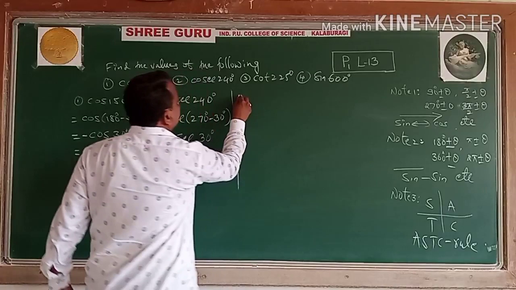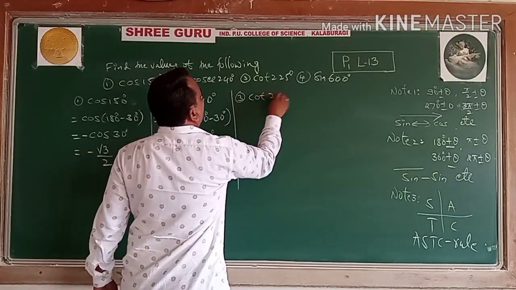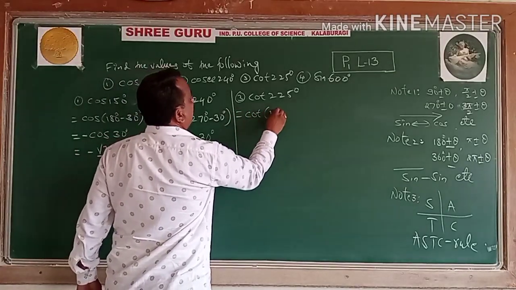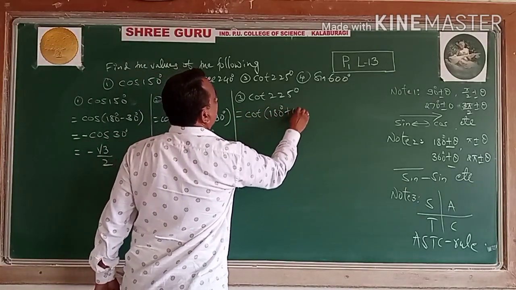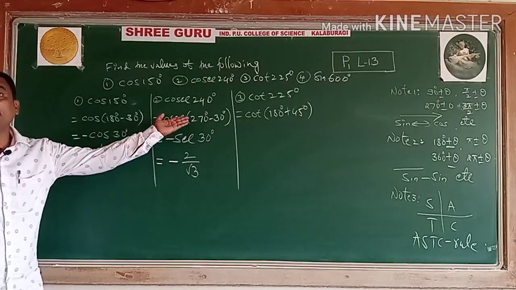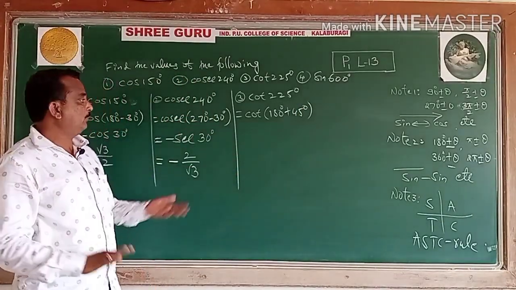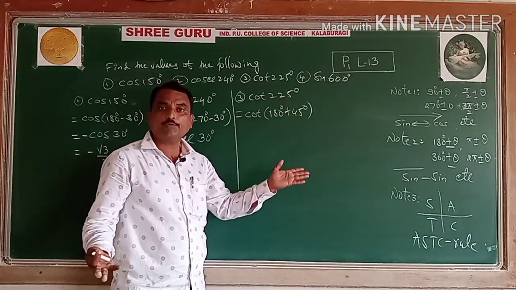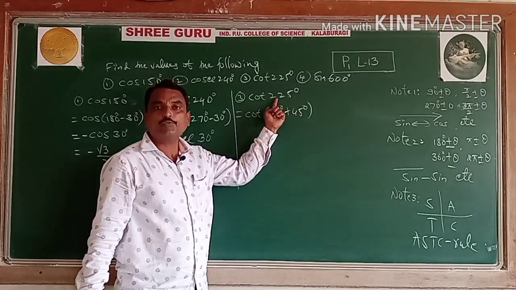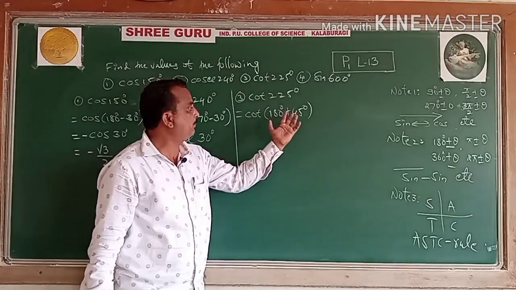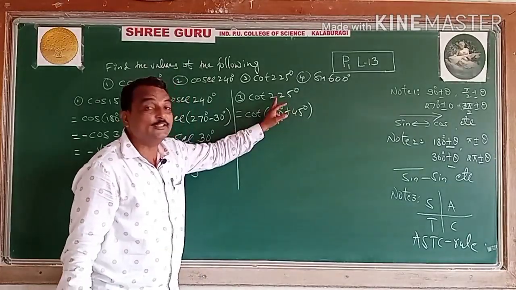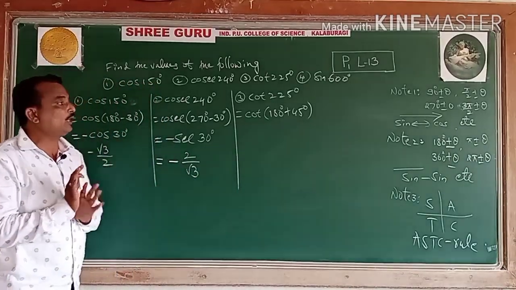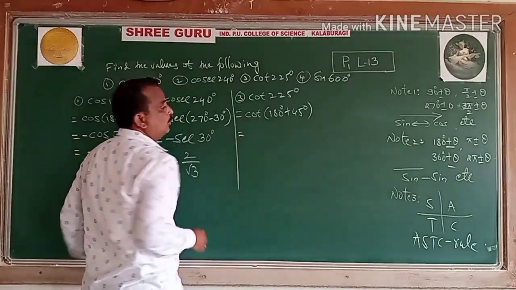Now come to the third one. Cot 225 degree. This is equal to cot 225, 180 plus 45, or you may write 270 minus 45 also. 270 minus 45 becomes 225, and 180 plus 45 becomes 225. The thing is that you have to calculate the 225 degree value. Both become the same. But don't convert like 200 plus 25, I have already discussed, not like that. You go through according to the allied angle values only. Then there is no change.